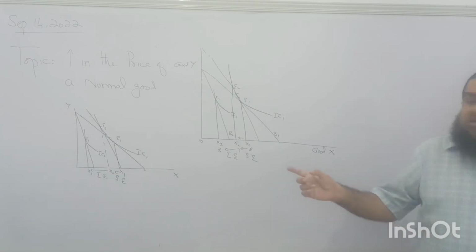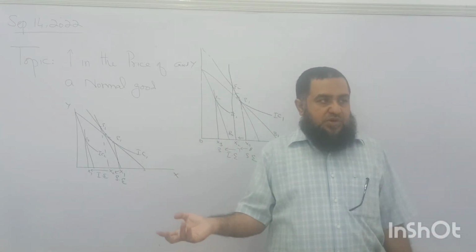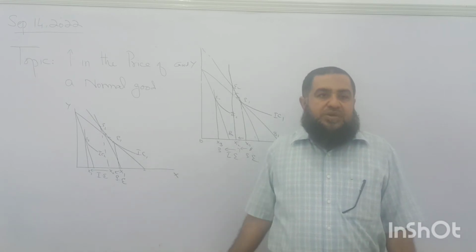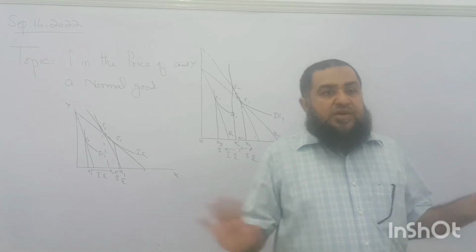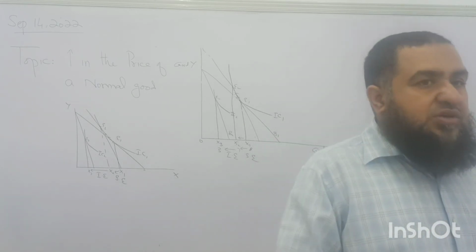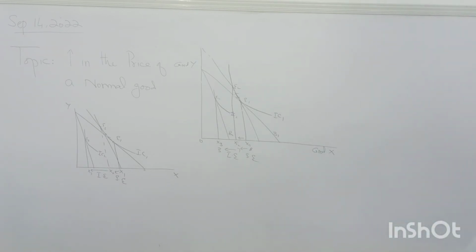This analysis of increasing price was not present in our previous textbook of Capital University. Now they have also mentioned it in the chapter on consumer behavior. Now that is the end of our consumer behavior analysis. We are going to find some limitations of this approach of indifference curve and budget line,